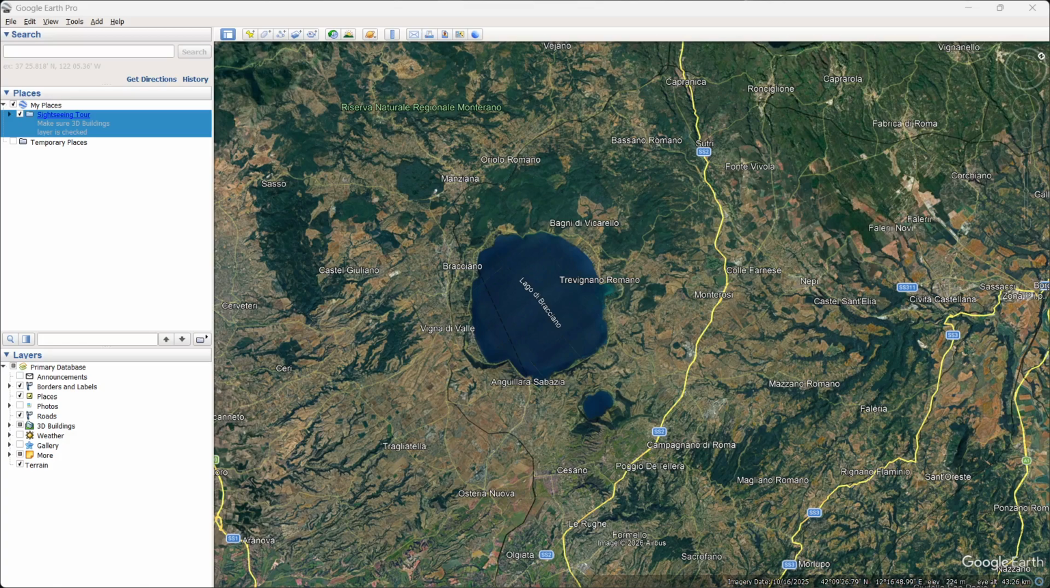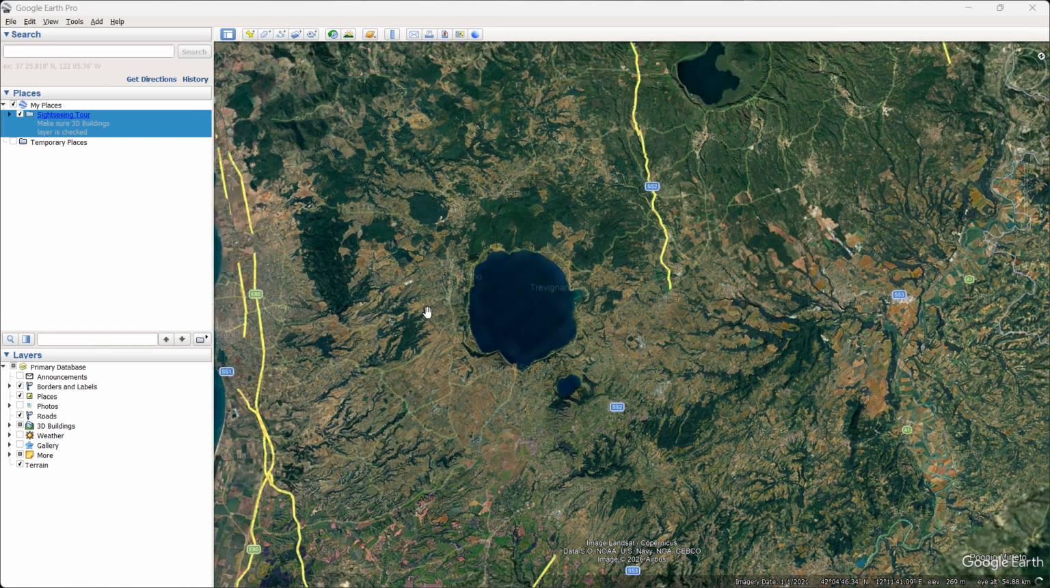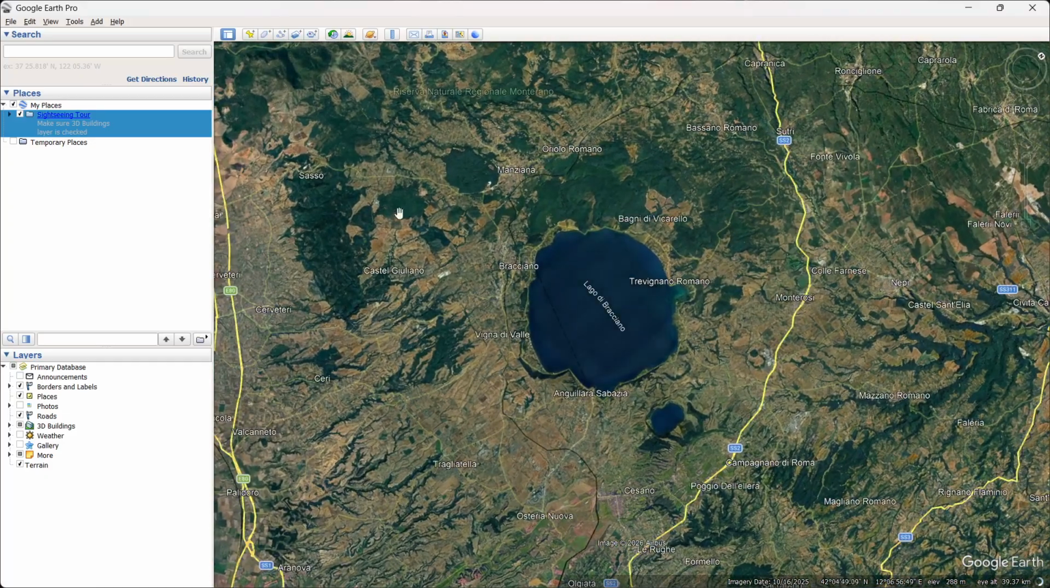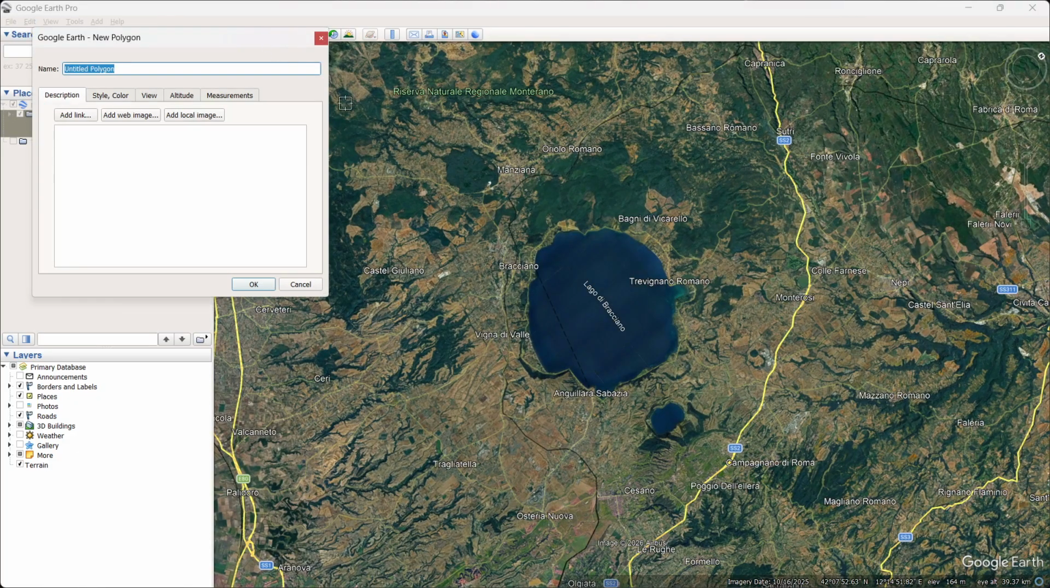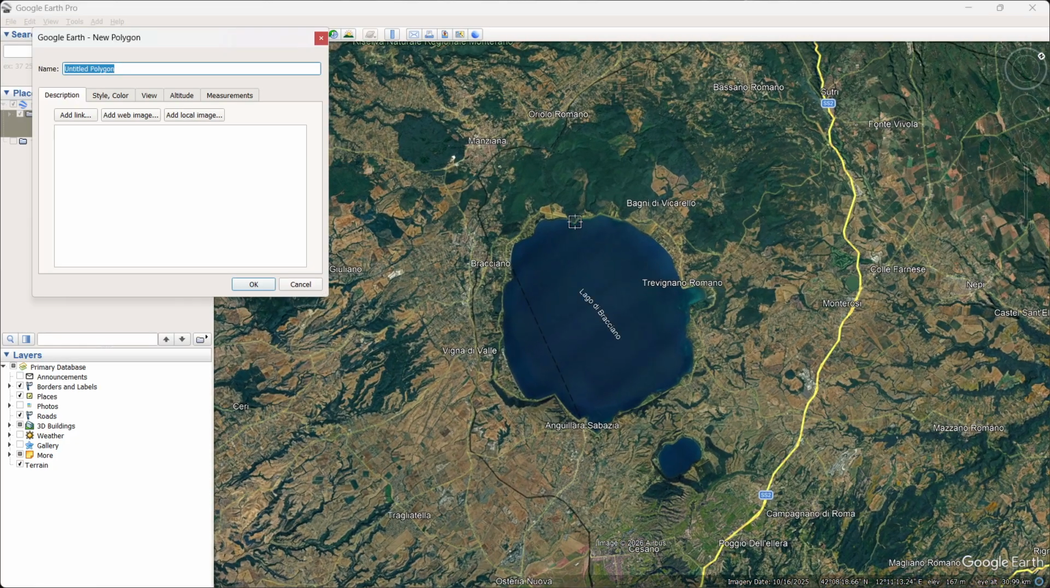In this video, I'm going to show you how to add a polygon in Google Earth Pro. Now, the first thing you want to do, of course, is open Google Earth Pro, and then you want to go to the top here, and you want to click on this button, which says Add Polygon whenever you hover over it. So, click on that, and then from here, you can start by clicking where you want the polygon